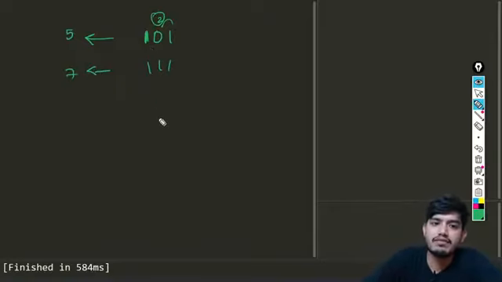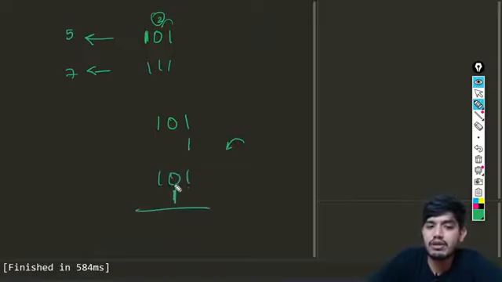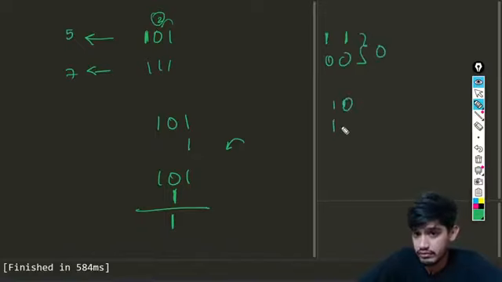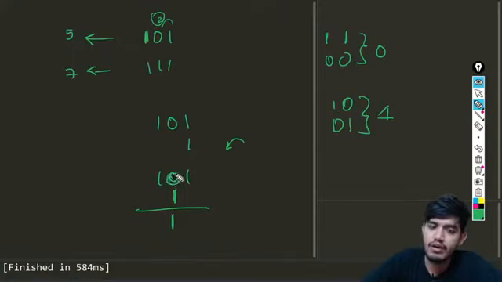By left shifting 1, k minus 1 times. So if we shift k minus 1 times, it is going to be coming here, and then we'll be taking XOR. Because what is XOR? XOR is nothing but if the two values are the same, it gives 0. If the values are different, it gives 1. So if we already have 0, it is going to become 1. If we have 1 here, it is going to become 0.